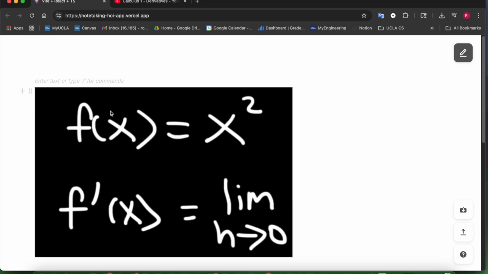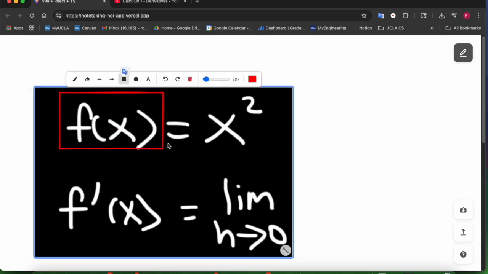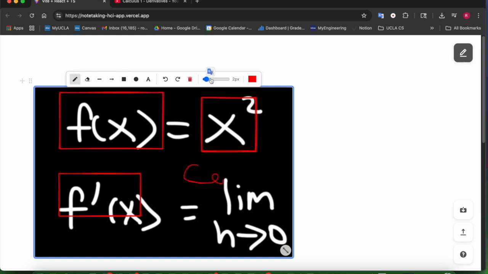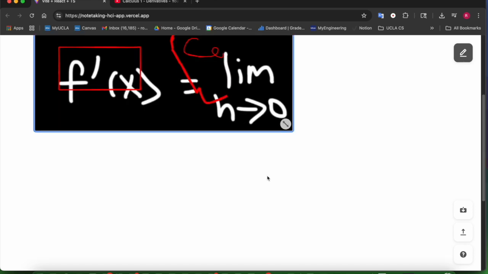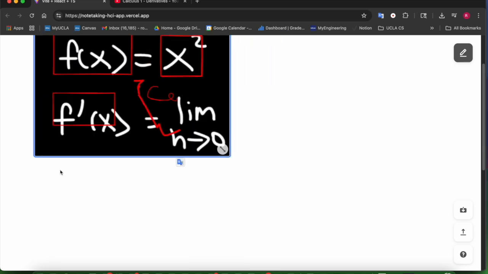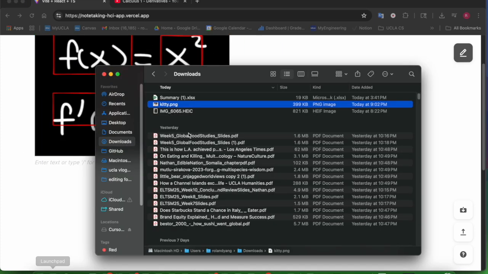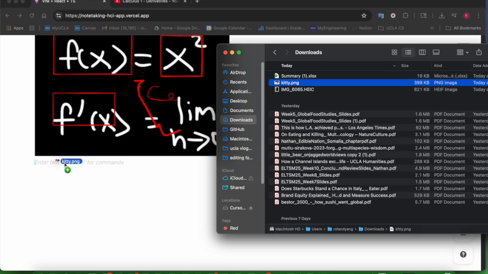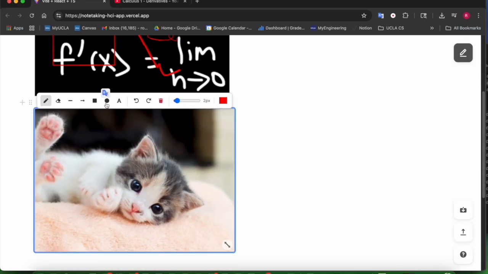I can paste it in directly from my clipboard here, and you have access to all the same tools as you would a drawing canvas. So I can draw as well. Everything is the same. You can also resize the image accordingly, and all the drawings will be with it. We can also upload images from our computer. So let me upload a little kit in here, drag and drop. And it has all the same capabilities as well